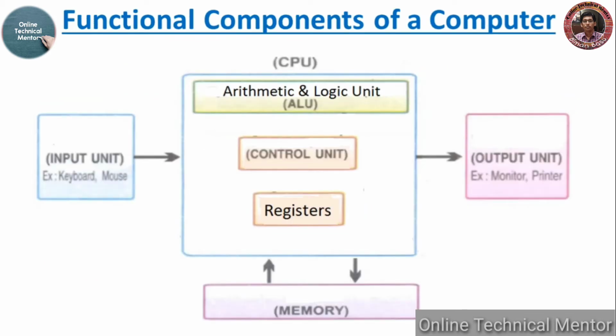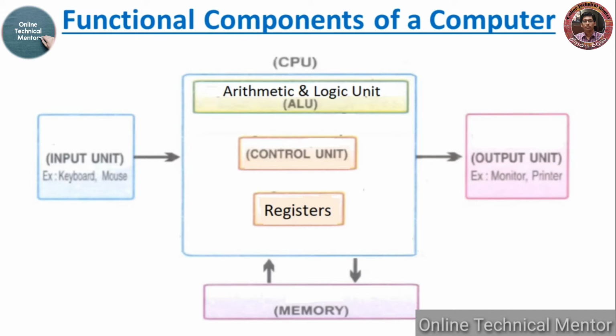Next, come to functional components of a computer. This is the simplest block diagram of a digital computer. Every computer has a motherboard where all types of circuitry are present. Within this motherboard, a special device called a CPU is attached. This CPU is also called the brain of a computer or the core of a computer. This CPU interacts with the input, output and other memory devices. Full form of CPU is Central Processing Unit.